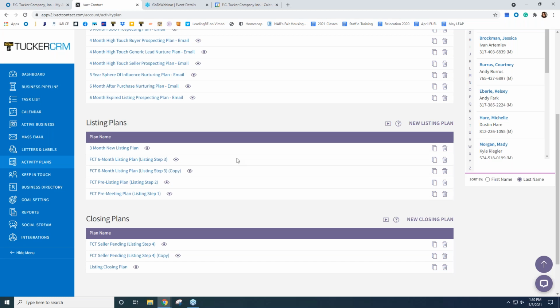They're pretty detailed. There are a lot of steps in them. The listing plans are as detailed as turning in your paperwork and putting the sign in the yard, making sure that you've set up the photographer and all of those pieces. So you can edit them though, but these are pretty